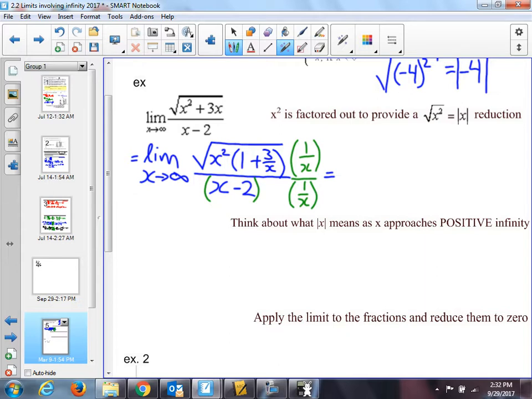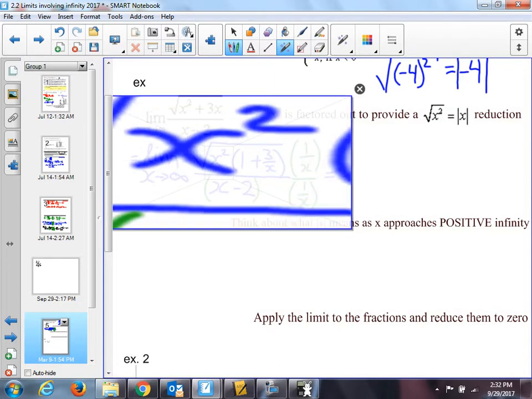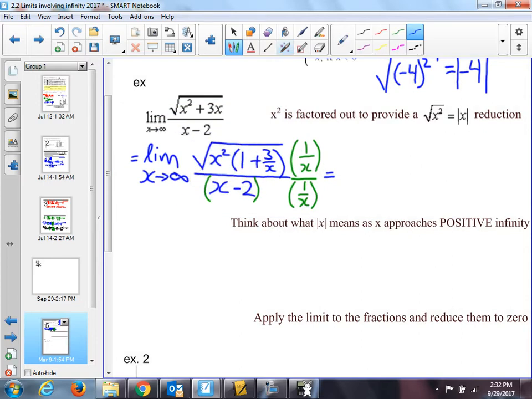So because it's approaching positive infinity, this reduction, when I take that out, is going to be plain old x. So I'm going to use the limit notation, keeping that because I haven't evaluated x. Because the absolute value of a positive number is just itself, just x. Radical, 1 plus 3 over x